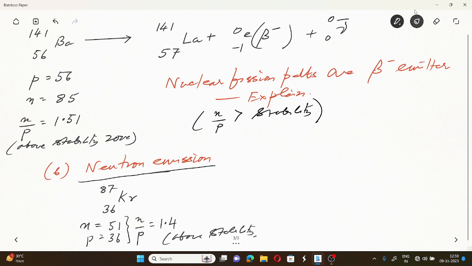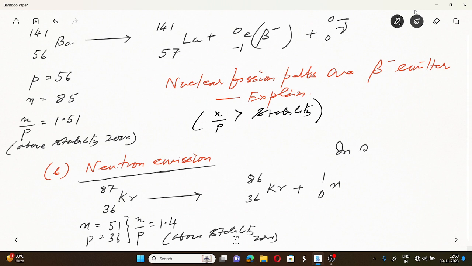Now if this is above stability zone, তখন কি হবে, once again আমরা কি এক্সপেক্ট করব, আইদার যেটা হয়েছিল আগে বিটা মাইনাস এমিশন, কিন্তু এইটা দিস ইজ অ্যান এক্সেপশন। এখানে দেখা যাচ্ছে ডাইরেক্ট নিউট্রনস আর এমিটেড, নিউট্রন এমিটার হয়ে যাচ্ছে, এবং এটা যদি নিউট্রন এমিটার হয় দেখো, তাহলে এখানে কি হবে 36 হবে, আর এখানে হবে 86। 36 মানে ক্রিপ্টনই থাকবে, তাই তো? তাহলে এই নিউট্রন এমিশনটা কিন্তু নর্মালি ইট ইজ নট ফেভার্ড,